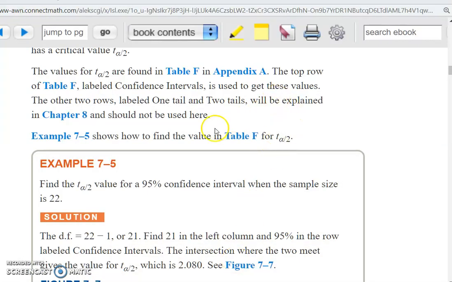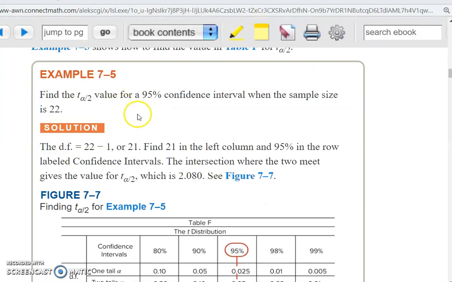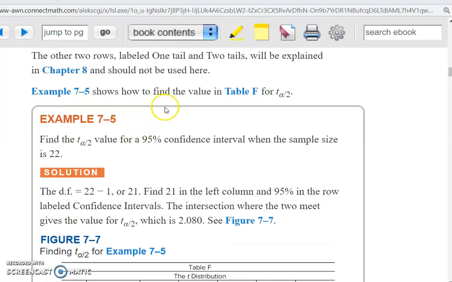So that's what he says here. The other two rows, one tail and two tails, will be explained in chapter 8. We're not going to use those yet. Okay, so example 7.5 shows us how to find the values in table F for a certain enumerated t sub